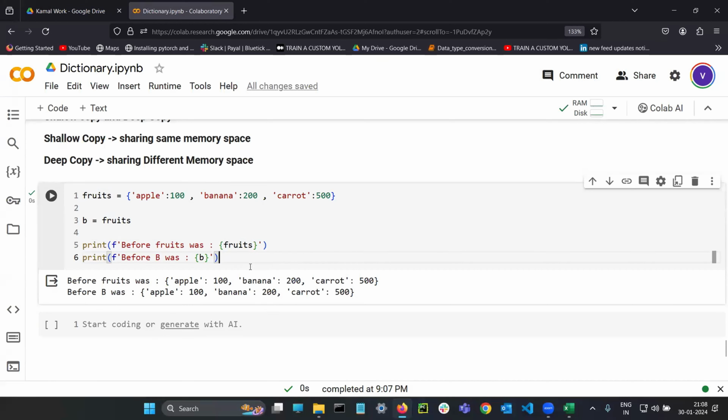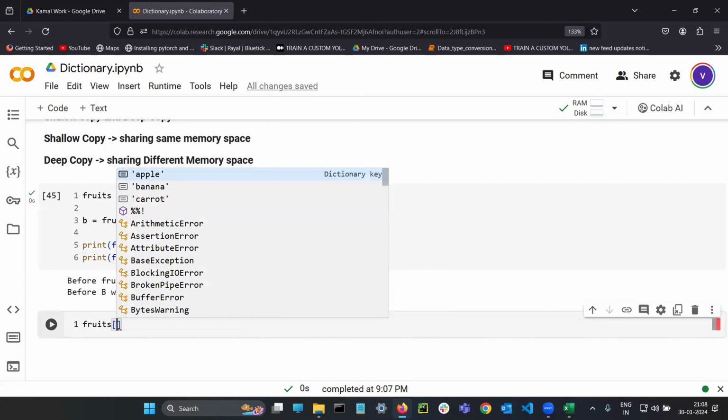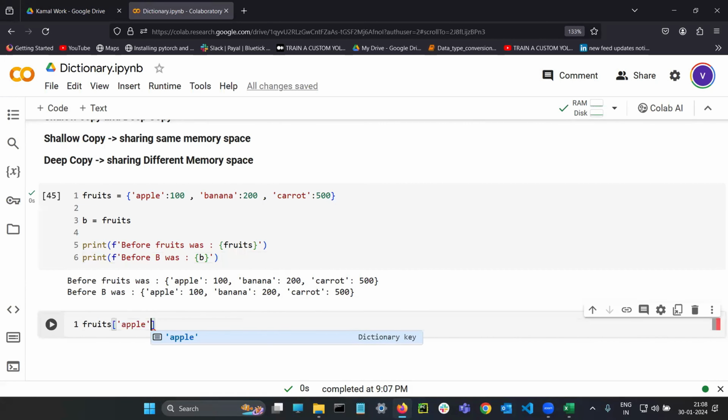Fruits and B both are same. So I'm going to do one change in the fruits. So what I'm trying to do is, in the fruits, there is a key known as an apple. So what I'm doing in the apple, what I can do is equals to fruits of apple